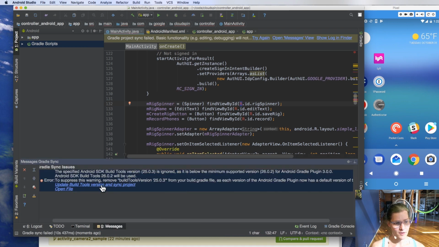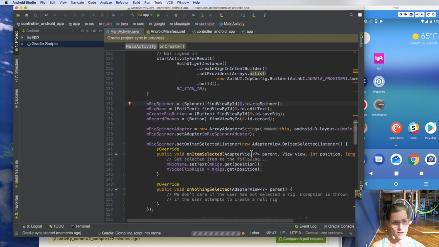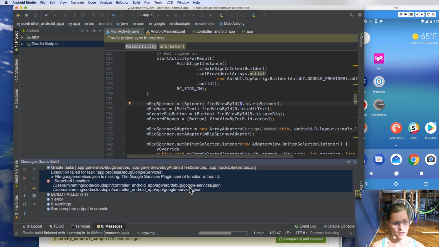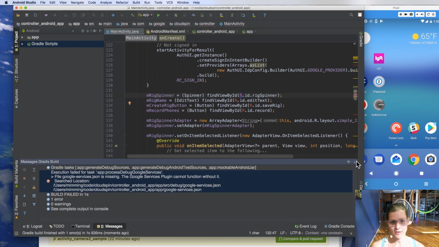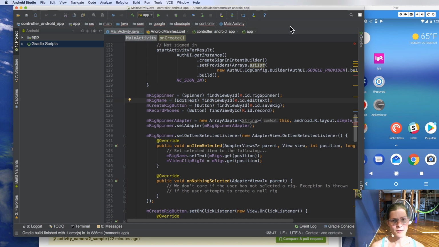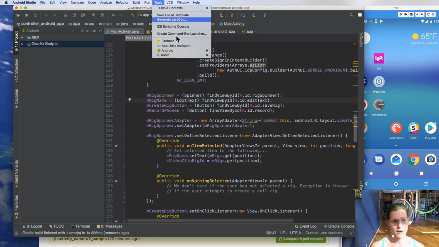Update build tools in sync project. So now we're changing our Gradle file to use the build tools I just downloaded. And now it's doing a Gradle sync. And now it says I can't find Google Services JSON, which means we're getting closer, which means now I should be able to go to here,